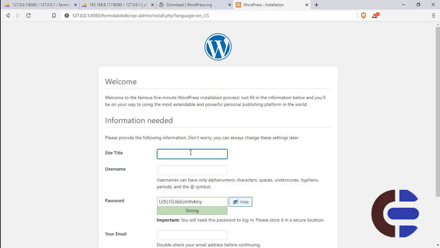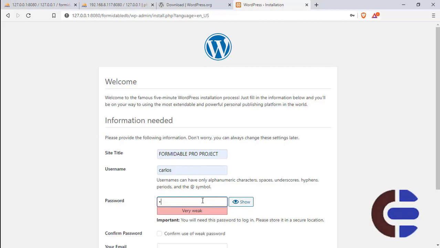Okay, so now we have some few configurations to still finish up. So what is your site name? You can decide to say Formidable Pro project. Alright, okay. For our username, I prefer to use my own name, Carlos. And also the password, you can change it or you can still maintain it. I want to change it so that everything will be much easier for me. So I just want to use a very simple one that will help me to remember quickly the next time